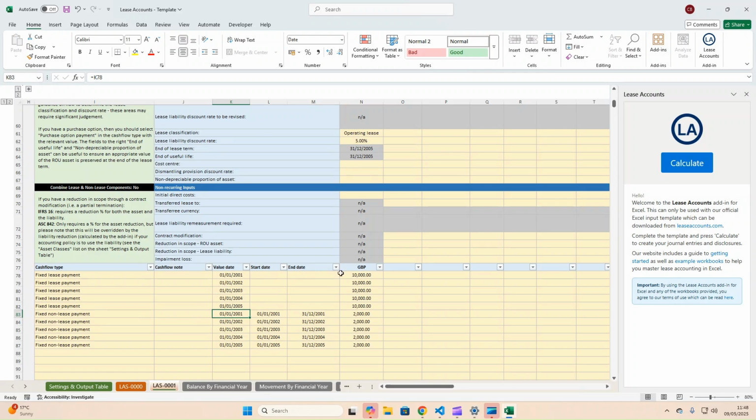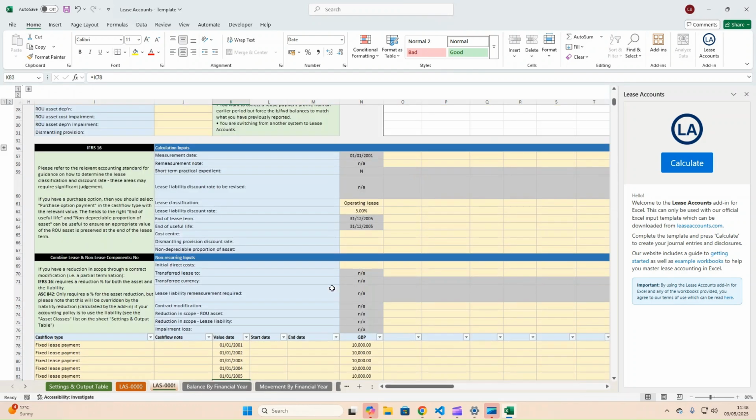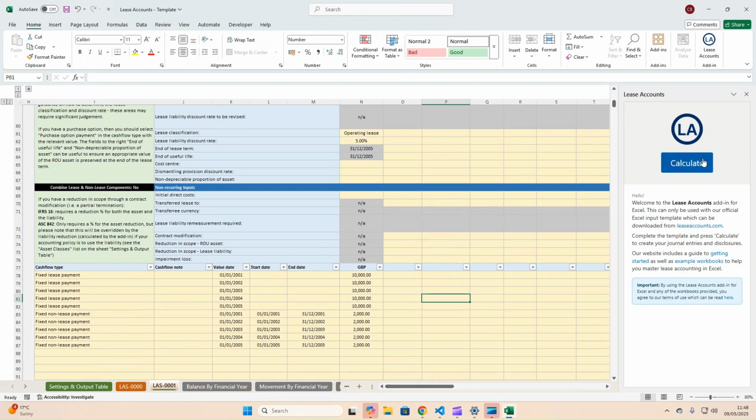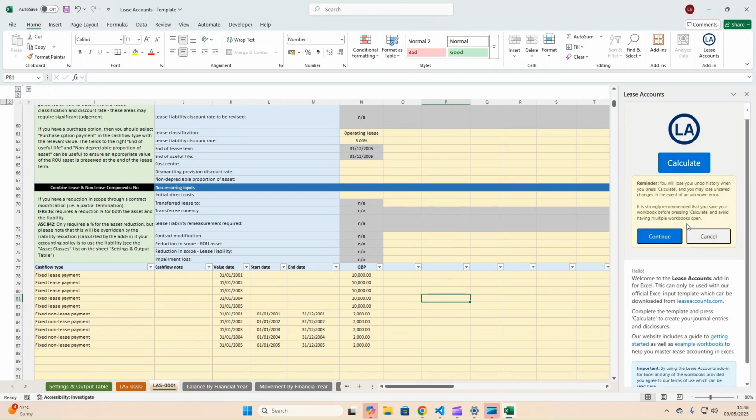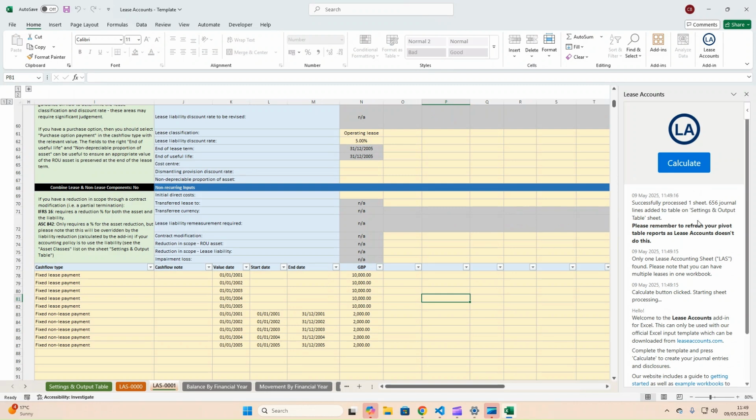Okay, so once we've done all of that, we've now got enough data in. There are other data points that we haven't filled out, but if they're not relevant to you, then you don't need to enter anything. So let's press calculate. And there is a reminder here that you will lose your undo history when we press the calculate button. So it is worth saving, and it's also recommended that you don't have multiple workbooks open at the same time, just in case there is an unexpected error. So when we hit continue,